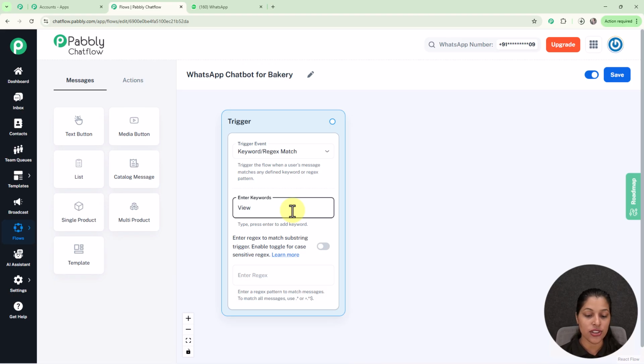Now let's say I want to initiate my chatbot as soon as someone enters some message consisting of this word, that is view cakes. So for that you just have to type it and press the enter key, and here our one keyword is ready. And this is what I have done while testing our WhatsApp chatbot. Now as soon as someone enters a message consisting of this word, our WhatsApp chatbot will be initiated,